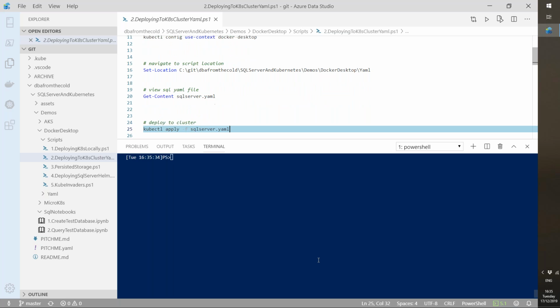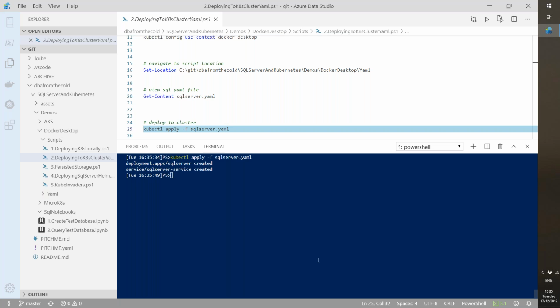So let's go ahead and deploy that to the cluster. Now, I'm not saying run. I'm not using an imperative method. I'm using a declarative method. So I'm just saying kubectl apply whatever is in this file to the cluster. And Kubernetes will look through the file, work out what's in there, and then deploy my service and my deployment.